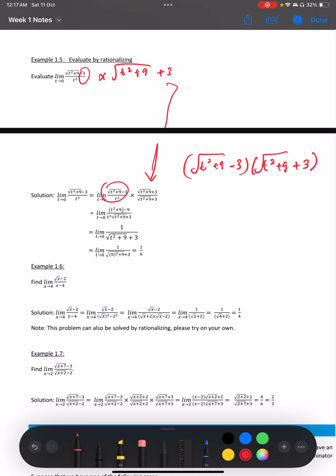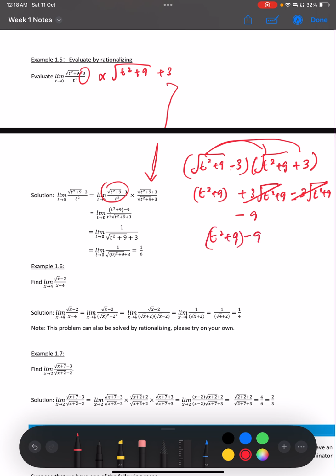This one you multiply, you will remove the square root, and then you have plus 3 square root of t squared plus 9, minus 3 square root of t squared plus 9, negative 3 multiplied with 3, you get negative 9. So this 3 minus 3, you can remove it and then leave it with this, t squared plus 9